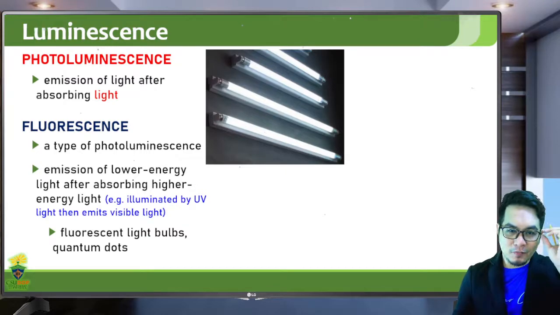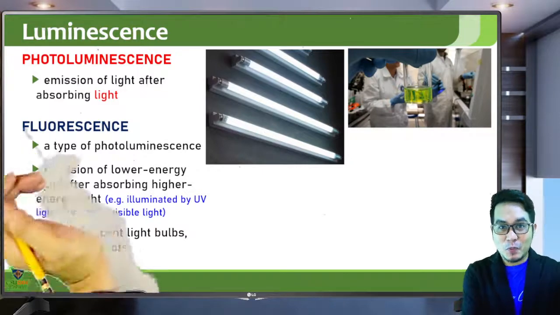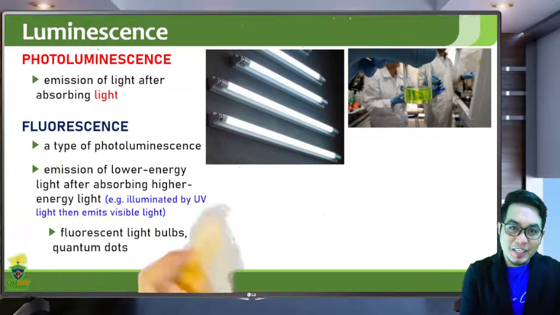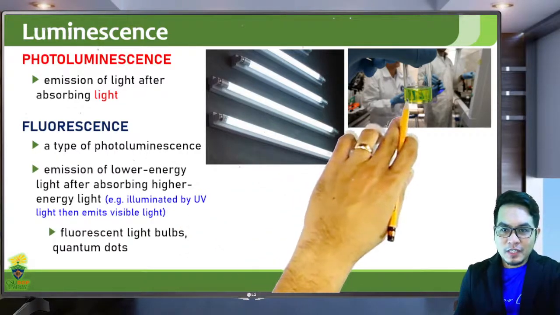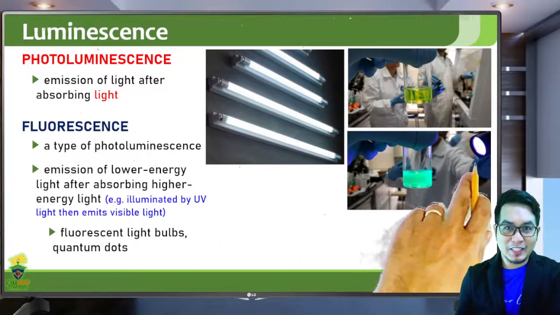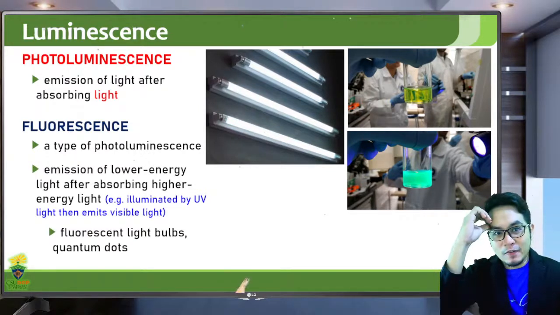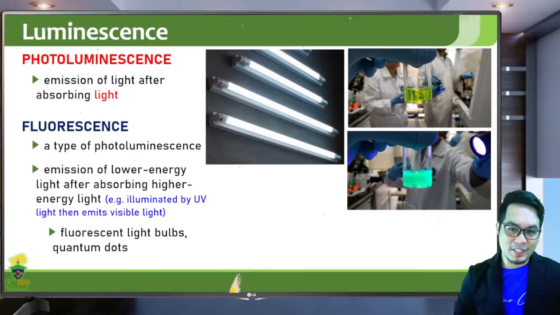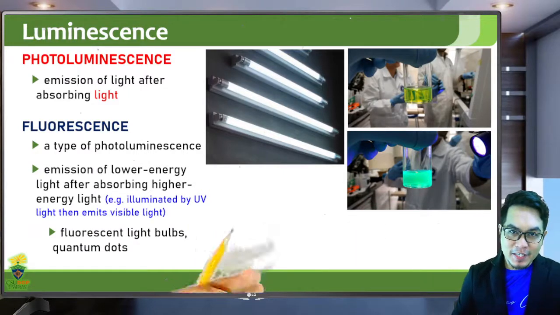Another example of fluorescent materials are quantum dots. These are colloidal quantum dots that are suspended in a colloid or a liquid. This is without illumination with UV, but when you illuminate it with UV light, you will notice that it will emit a brighter, maybe a different color and a brighter light. So this is photoluminescence called fluorescence. In this case, the material absorbs UV light and then it emits a lower energy light,